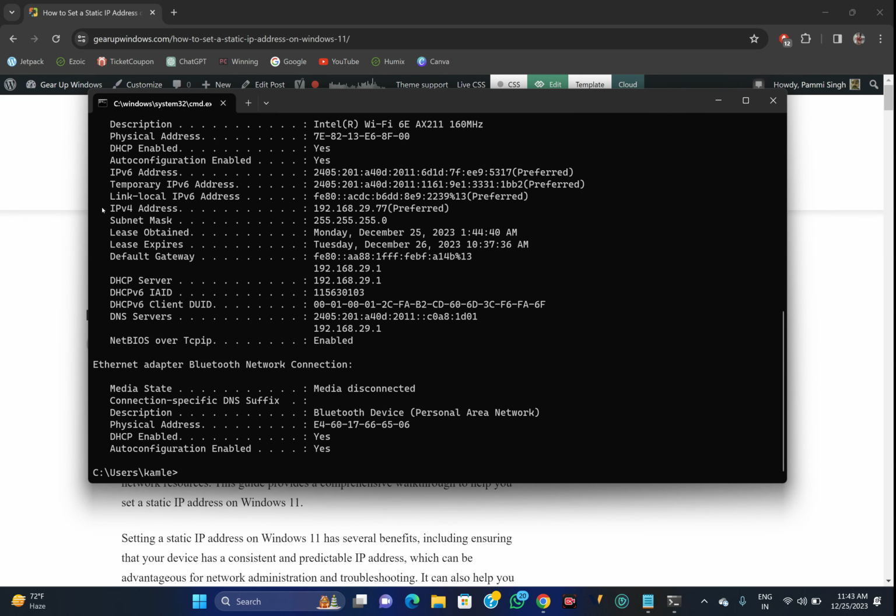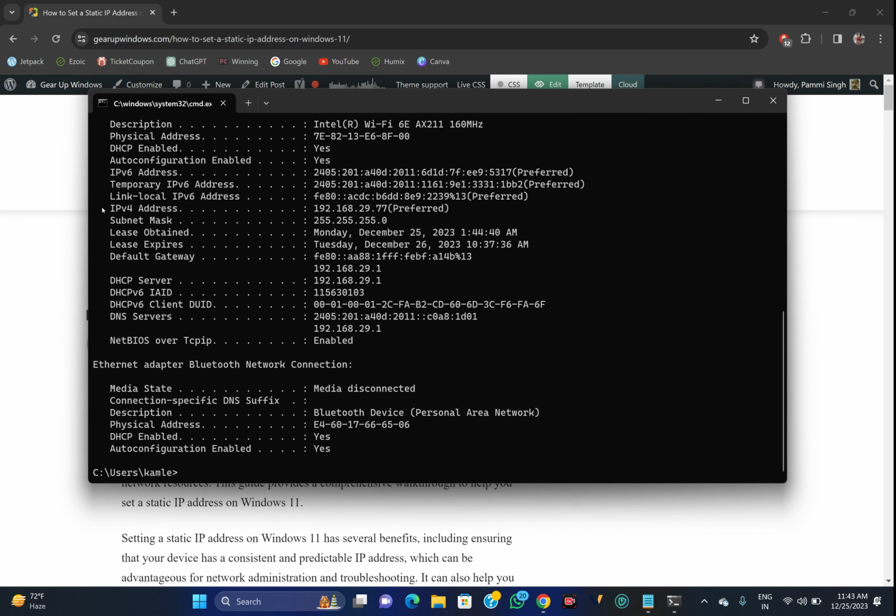Then open the Settings app using Windows plus I on your keyboard or any other method. Then click on this Network and Internet option. Then you will find here Wi-Fi or Ethernet, or you can find both these options depending on your PC configuration.